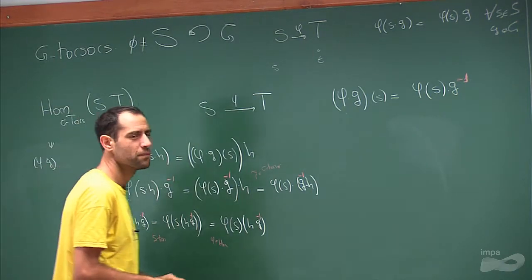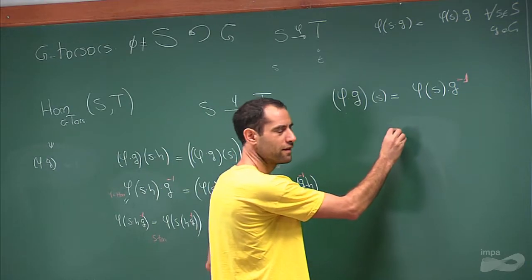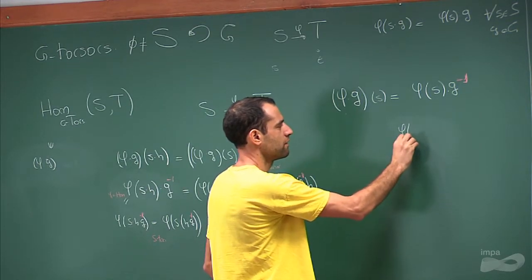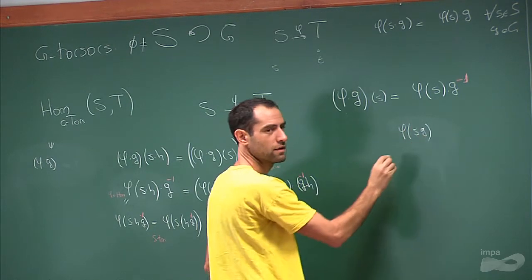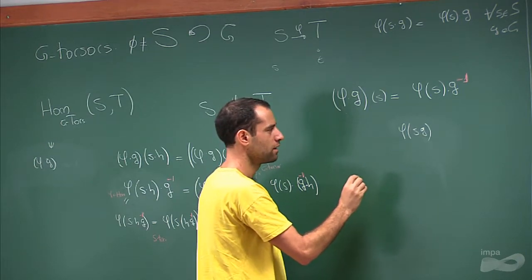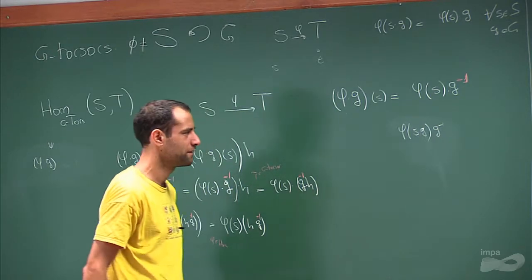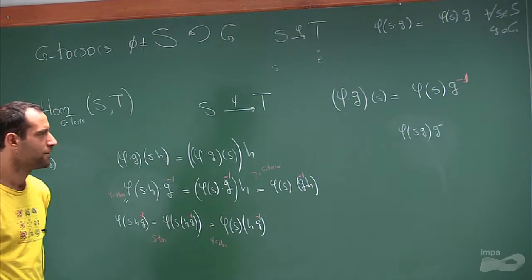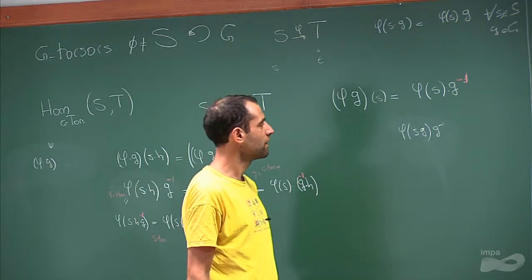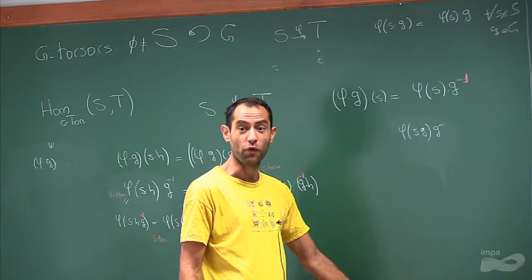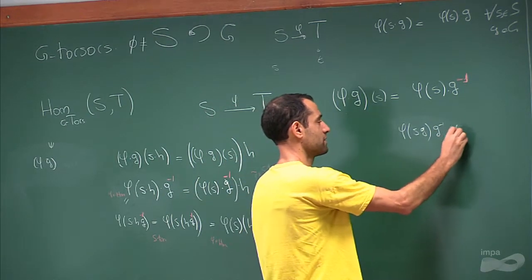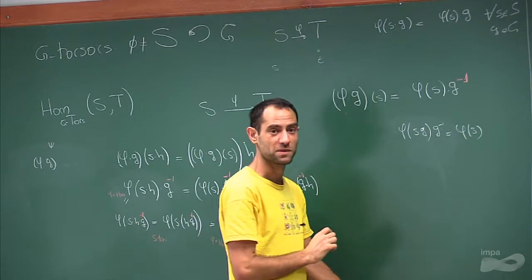So how does it go? Phi SG, and then a G inverse here, something like this. That would be phi s. Correct, because phi is a morphism. So this would give me just this, which is